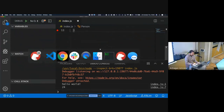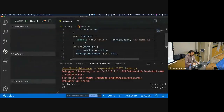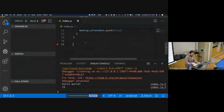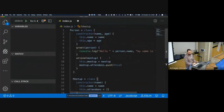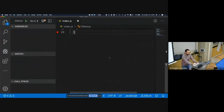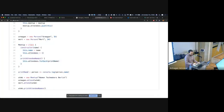I also need the meetup class. I'm also going to take that meetup class. Just below it, I'm also going to paste it. So I'm just going to close this terminal. I now have a person class and a meetup class in my index.js and nothing else. I deleted everything else. And if you're keen-eyed, you're also going to see that this uses a function called printName, and Arman has declared it outside of the class, so I will need that as well. I'm going to copy the printName function as well,